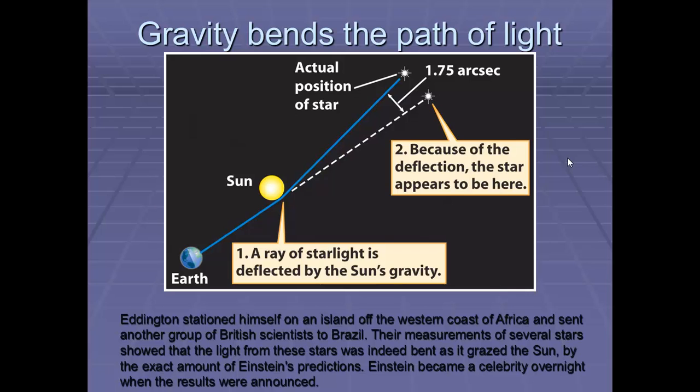Okay. So what they were doing, if we look carefully, is that we have a star whose actual position is behind the Sun, so you shouldn't be able to see it, and yet you can see the star because the light is deflected. So this is a little bit like the impact of refraction when you're looking at fish in the water and their location is actually different. In this case, the light is bending because of the mass of the Sun.